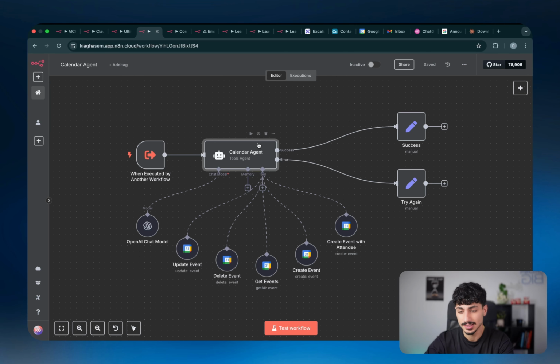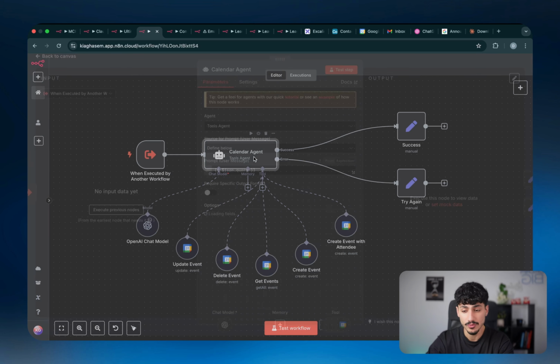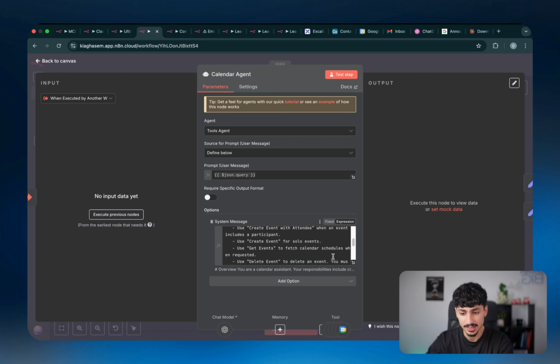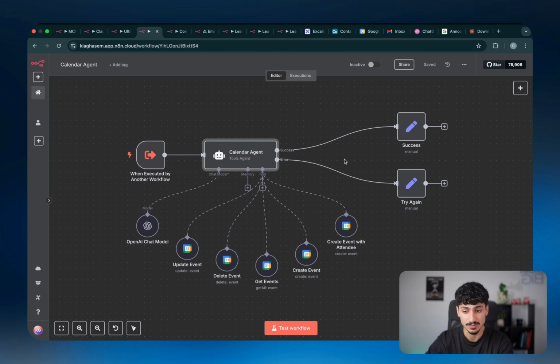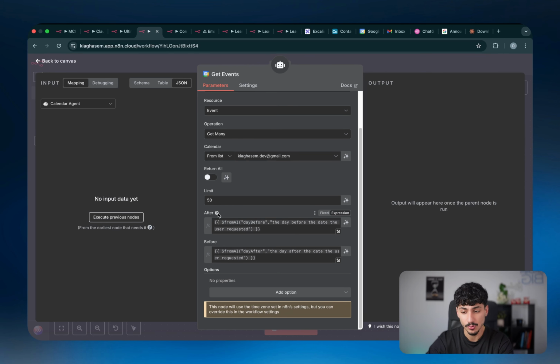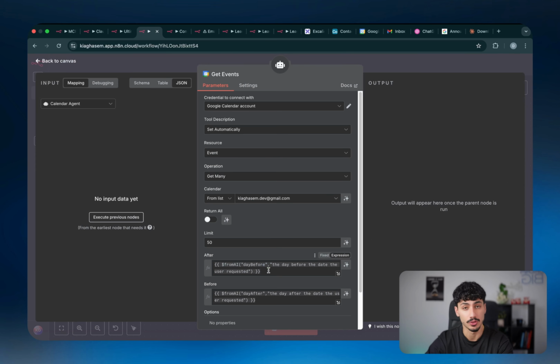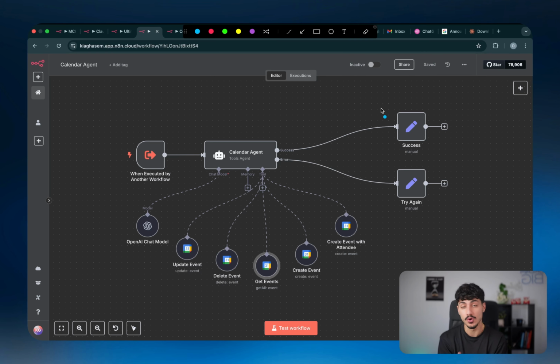To conceptualize this, let's take a look at the actual calendar agent. In this instance, the calendar agent is connected to a multitude of different tools. But we've had to explain inside the system message exactly what each of the tools are and how the AI agent is meant to use or query those tools. And inside the actual tools, we've defined which parameters we want the AI agent to be able to control, and we've had to explain to the AI agent how it's meant to control those parameters. This is an example of not using MCP to have your AI agent connect to different apps, software, tools and other AI agents.